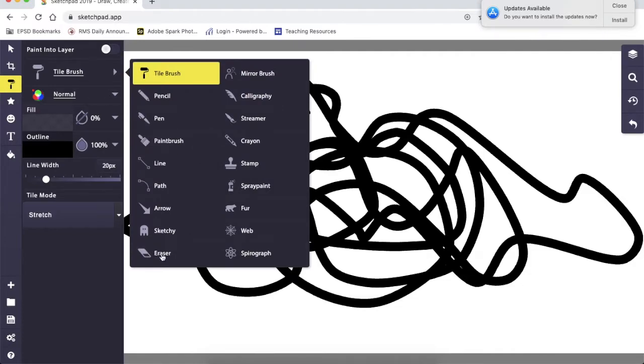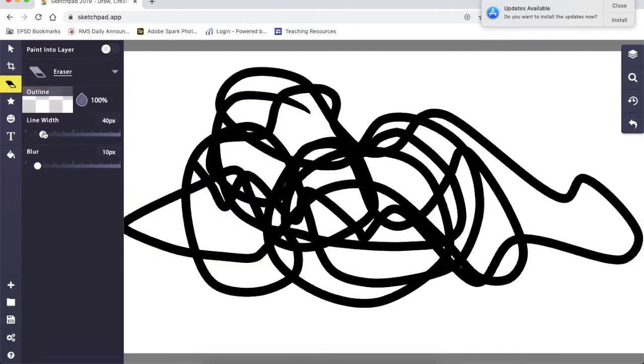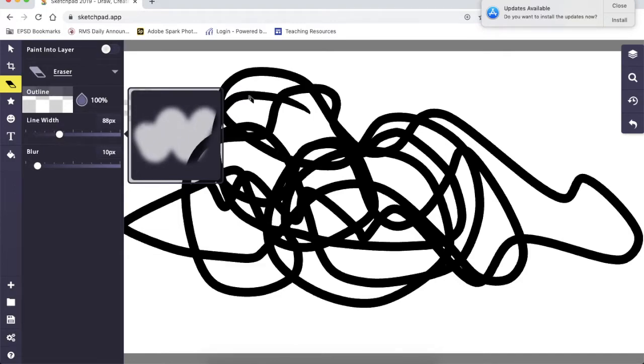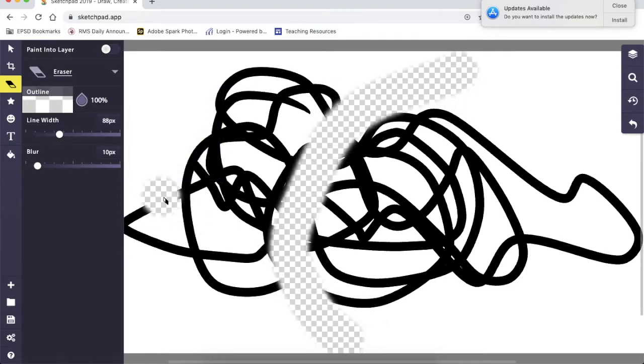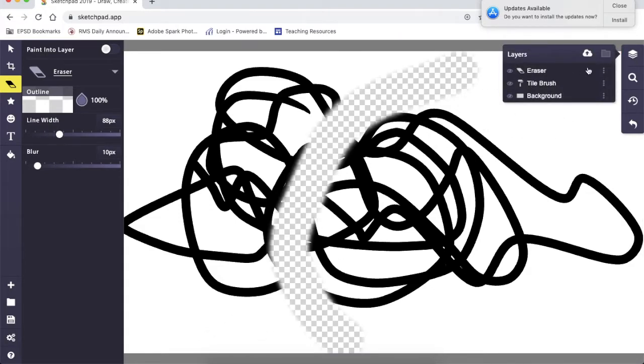So if I take this eraser, make it a little wider and erase, what's going to happen is it's not just going to erase those lines, it's also going to erase my background. And it's going to become a transparent background now. So if I was to save this image, it'd probably show up as a black line because that background is transparent. So to avoid this, what I could do is, on this layer tool, just delete